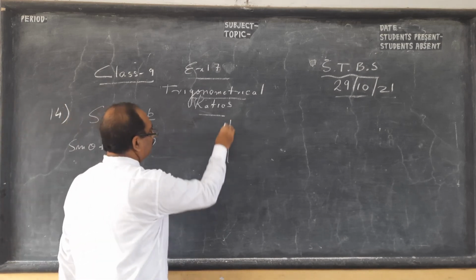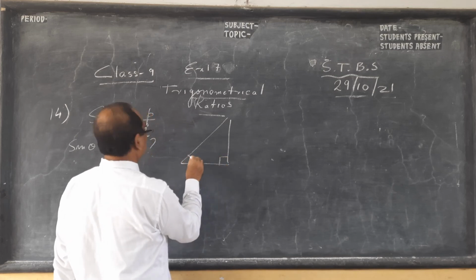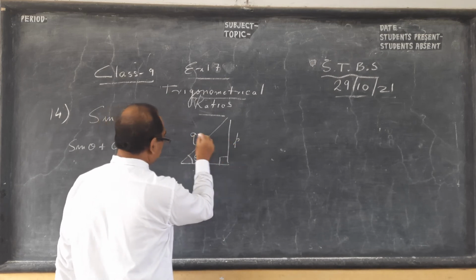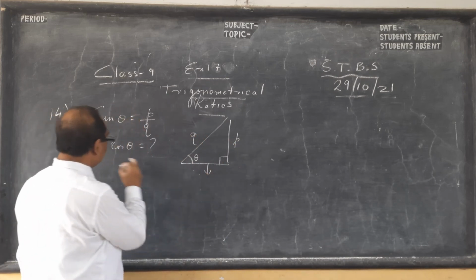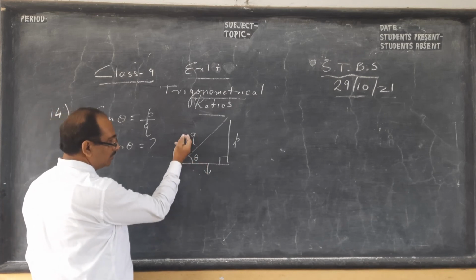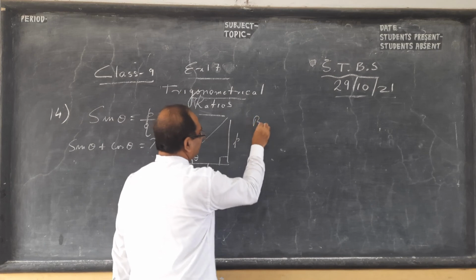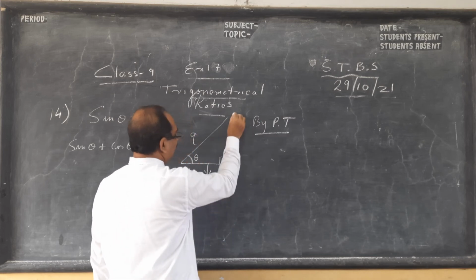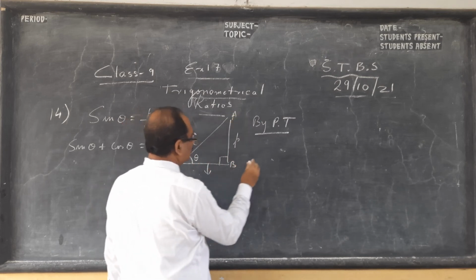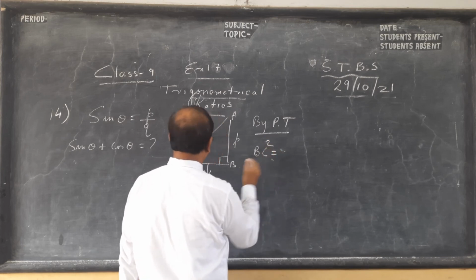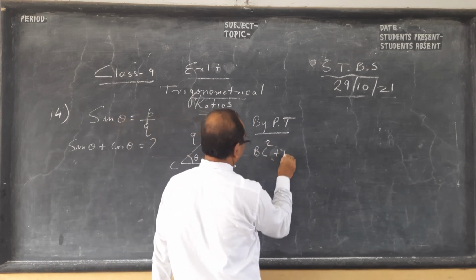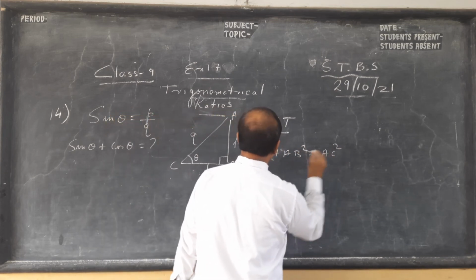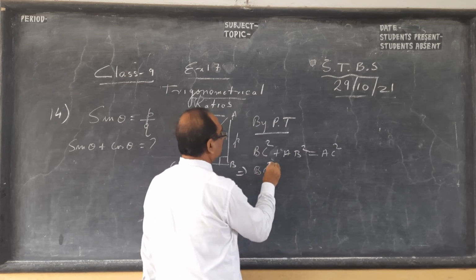So what we do, always draw a figure. This is our theta angle. So sine is this by this, opposite by hypotenuse. So for cos, we need to know this, because cos is this by this. So by Pythagoras theorem, PT is Pythagoras theorem, you write. This side we have to find. So let it be ABC. So if you see BC square plus AB square, this square plus this square is AC square. AC is your hypotenuse. BC we have to find, children.